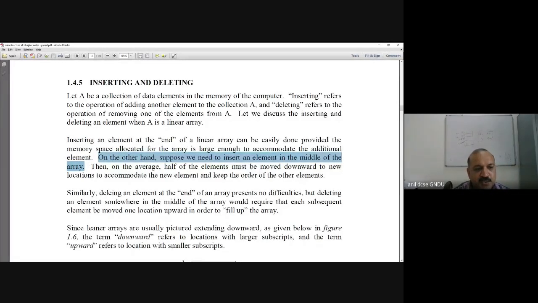Then on the average, half of the elements must be moved downwards to new locations to accommodate a new element and keep the order of the other elements. This is the average case.